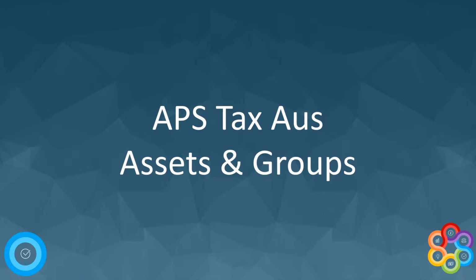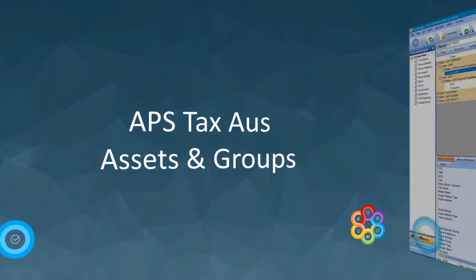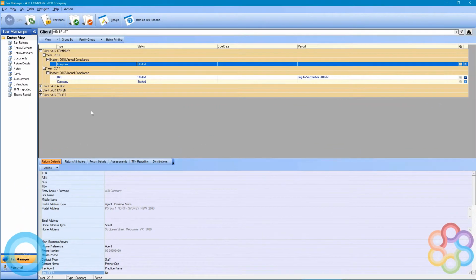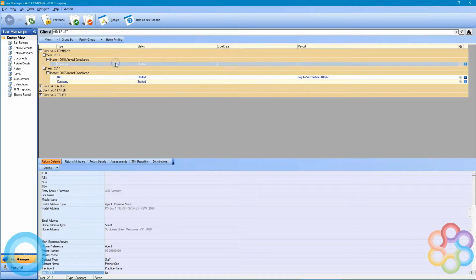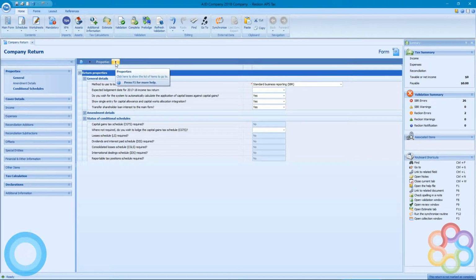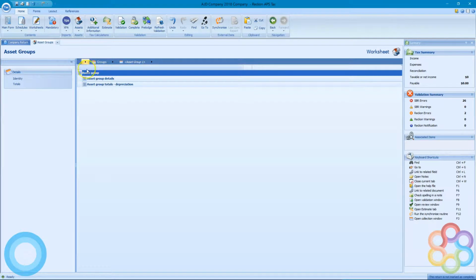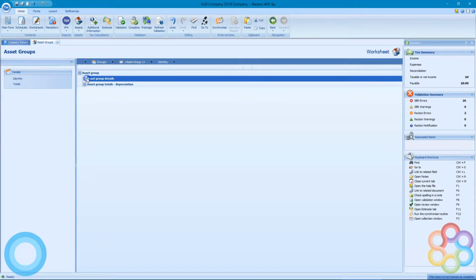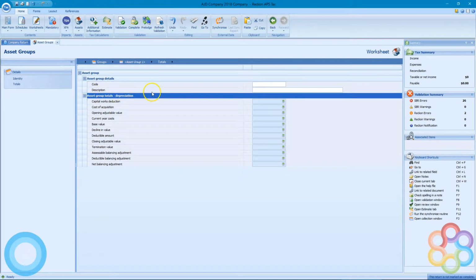Next in the series is having a look at assets and groups within the return. As always, we're going to start in Tax Manager and open the return. We can see it's a brand new one, so there's nothing in the summary, and the assets page up the top allows us to look at the groups, which at the moment we don't have any, but we can add